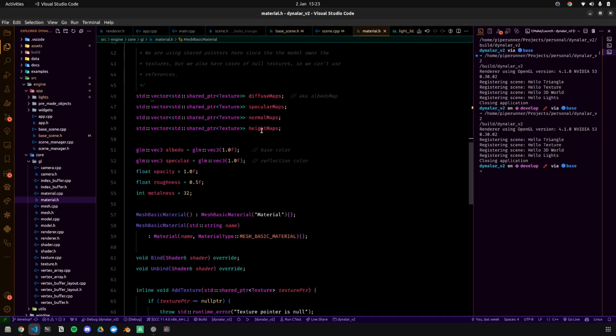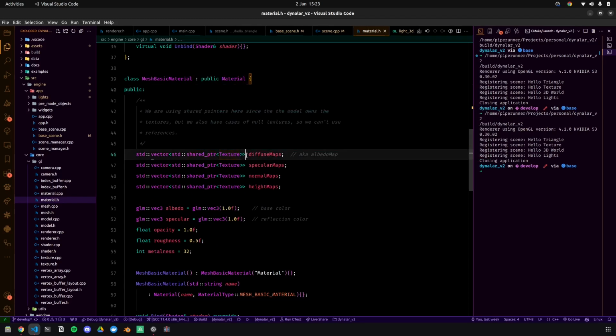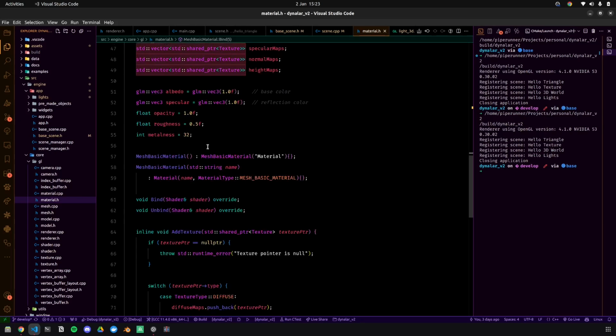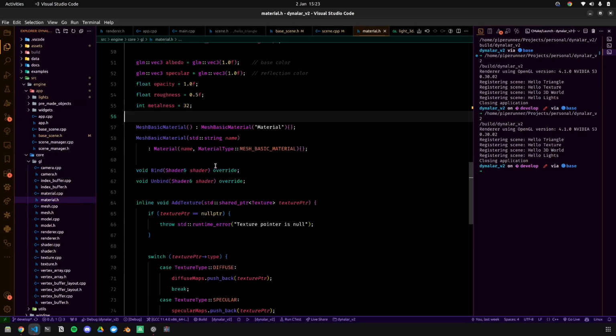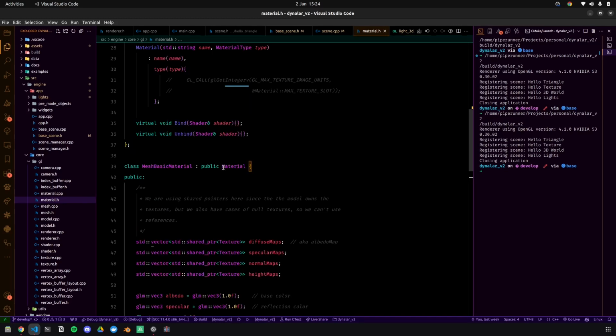So that is one reason. And of course, if I'm dealing with pointers, I would rather use smart pointers instead of raw pointers, because my god, they're terrible. But yes, going forward, the mesh basic material has a couple of solid color related properties,